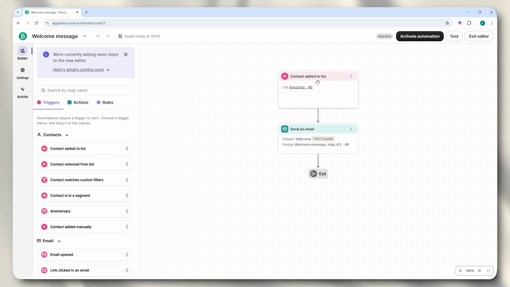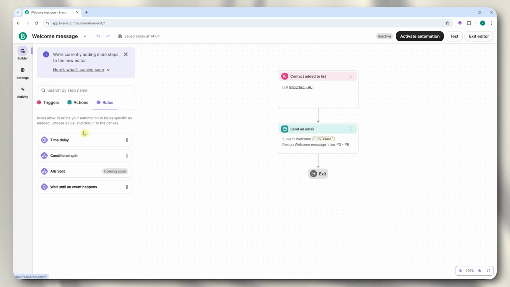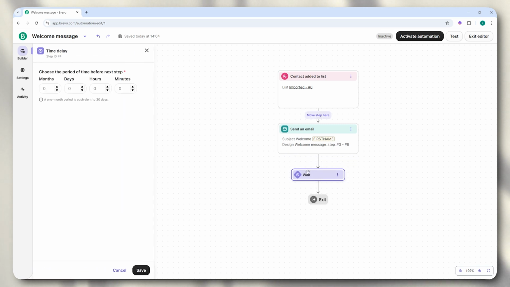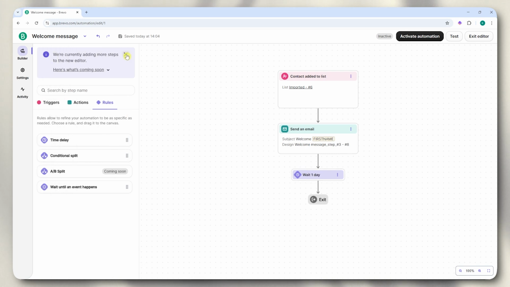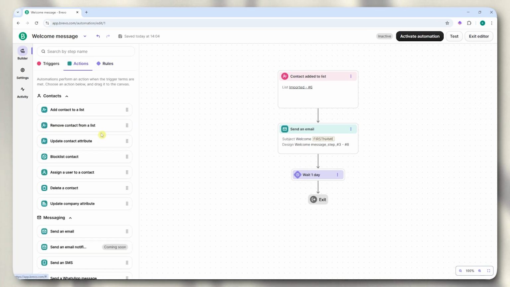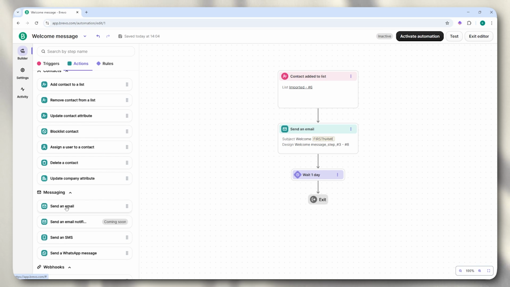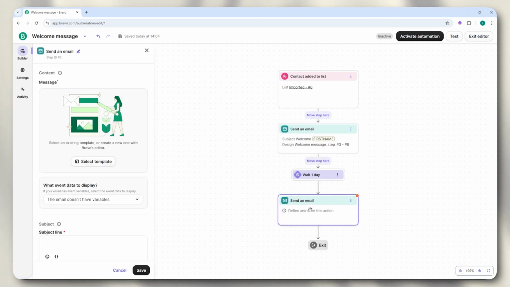As soon as the contact is added to the list, this email will be sent. And from here, you could add another rule like a time delay, conditional split, A/B split, or wait until an event happens. But in my case, I'll just go for a time delay, for example, a day. I'm gonna go for 1 day and click on save. And then after that, I could send another email right here, maybe a discount email or a promo email